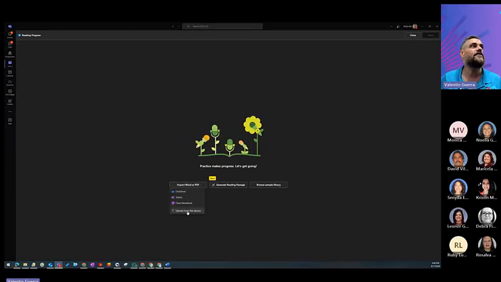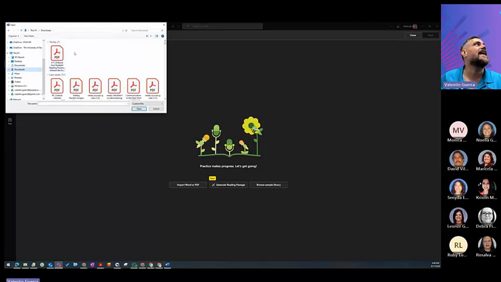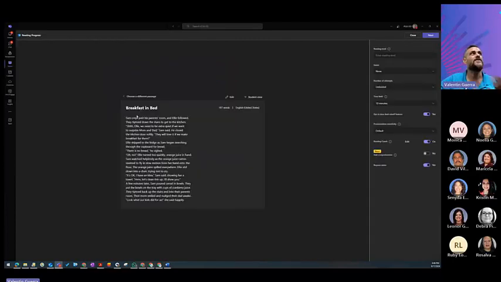I'm going to import it from this device, and I'm going to go into my downloads, and the last one that I created. So it's here, and I'm going to upload it. So now I recognize everything in here, and it gives you how many words that passage has, the language that it's in, and then if you know the reading level, you can put it in there, but we know that this is probably